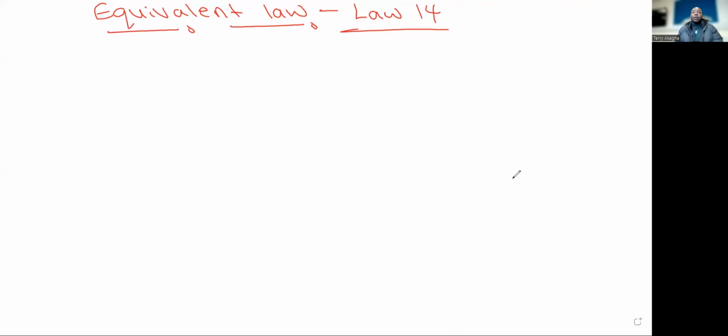So we're going to talk about equivalent law, which is the 14th law, okay? We've talked about several laws, so please make sure you go back and have a look. In this case, we're going to play around with different formats of the equivalent law, and I will try to